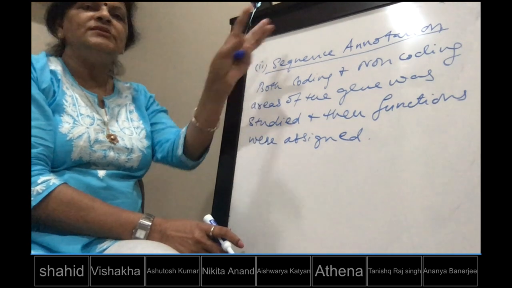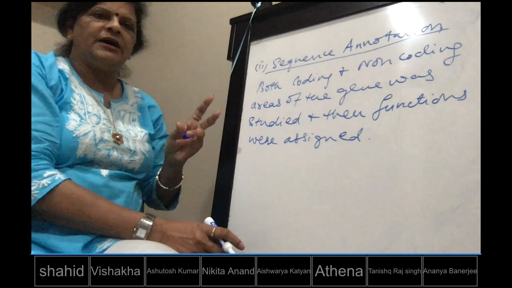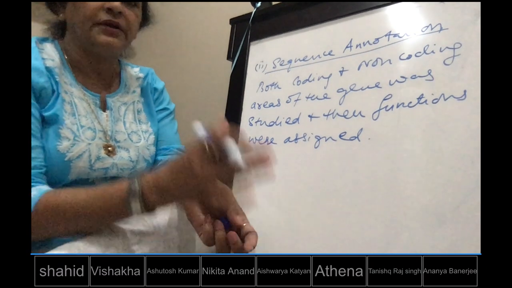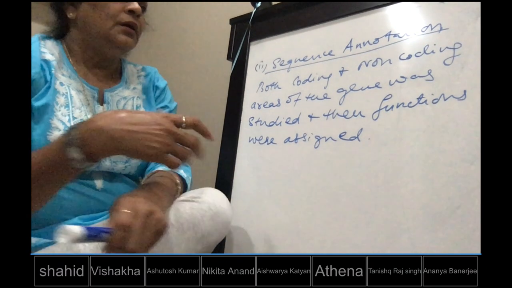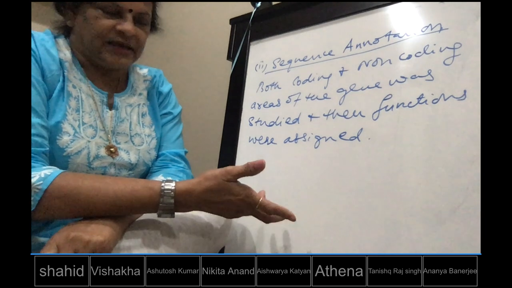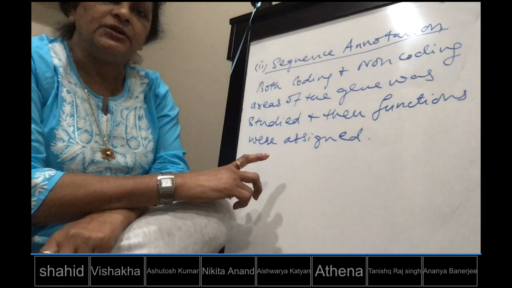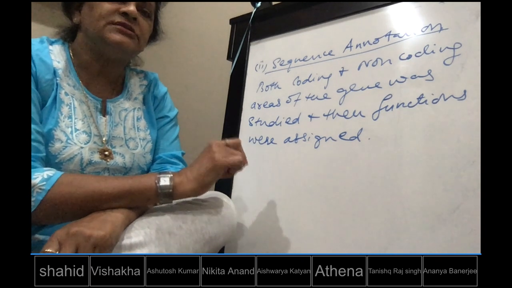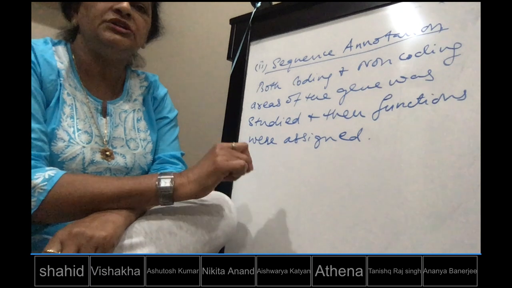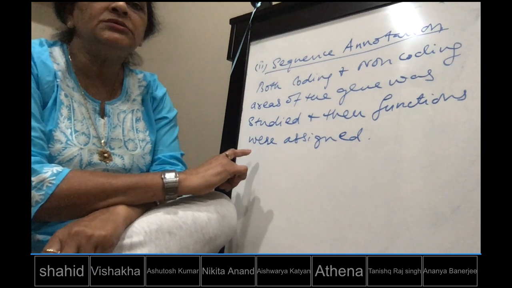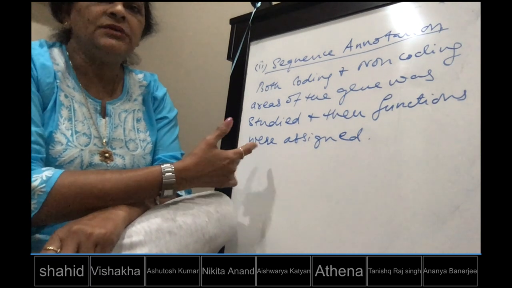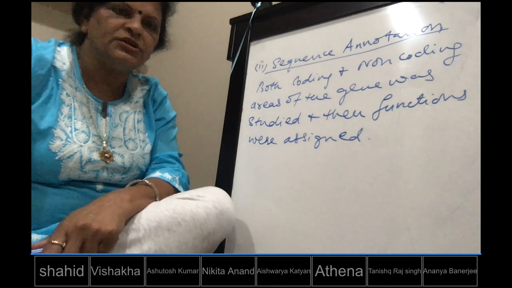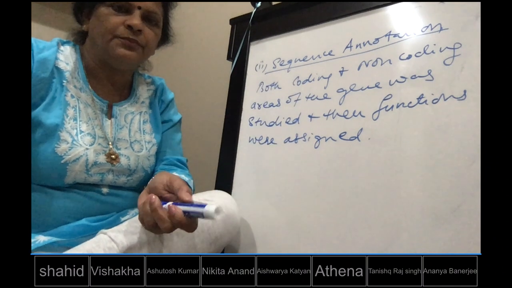So this is called as sequence annotation. ये सब थोड़ा abstract है. It is more into what is called as biotechnology. So you know it's difficult for you to understand, but I'm trying to simplify it as much as I can. And sequence annotation is the method that was used for studying the human genome, that is, for the Human Genome Project this method was used. So again a question can be asked, which method was used to study the human genome or for the Human Genome Project? So it was sequence annotation.